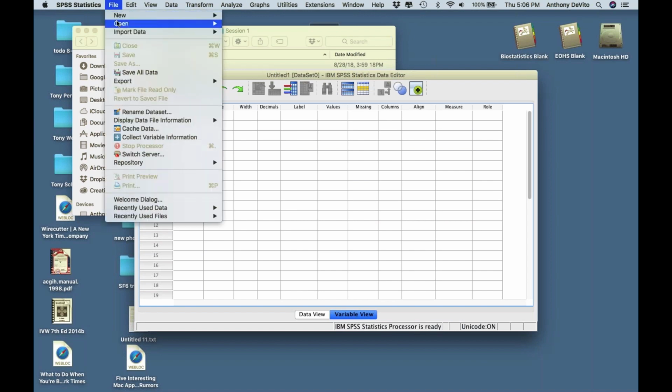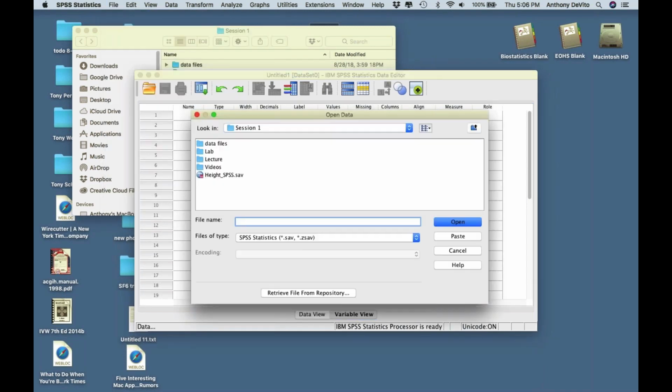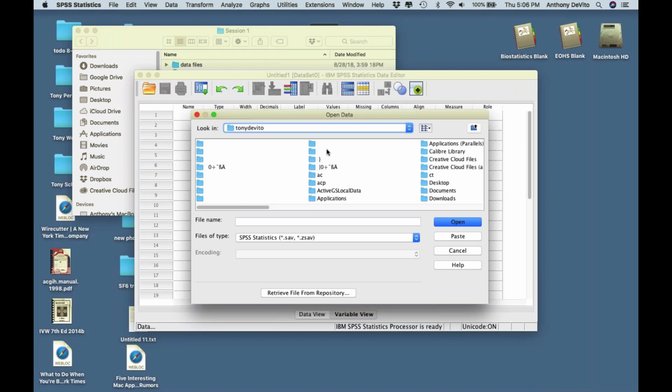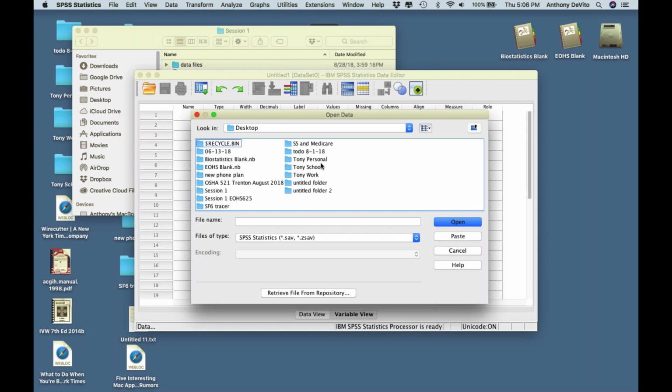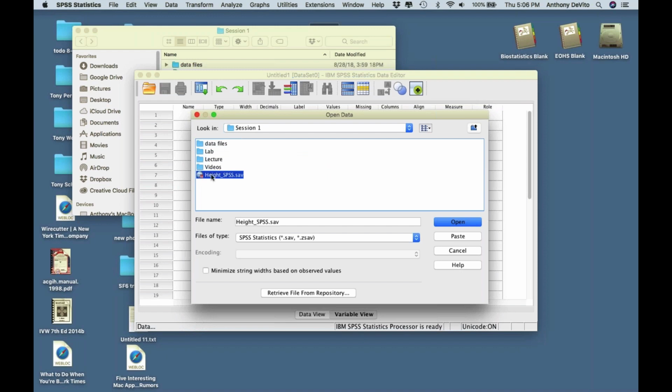Go to File, Open, Data. If I'm going to start a new data set, I just say New Data, and it'll give me a blank window like that. Open, Data will allow me to open an existing file. And then I would navigate to the location where I have the file. In my case, I happen to have the file in my user area on my desktop in a folder called Session 1, I believe. And sure enough, there is that file, height